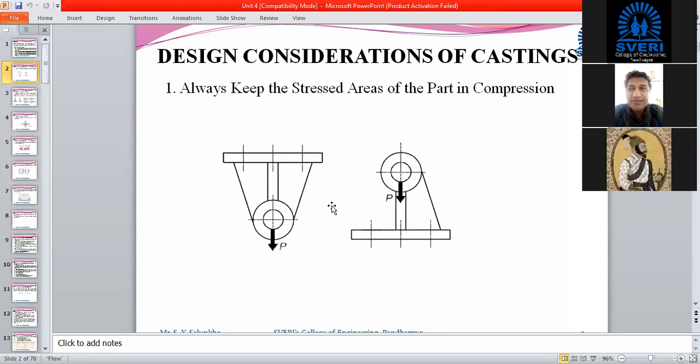Casting, yes, Balaji. Next. Any other manufacturing process? Generally, how are we going to manufacture any component?